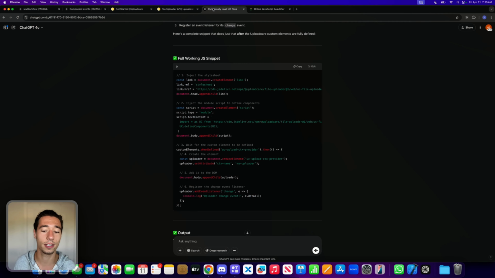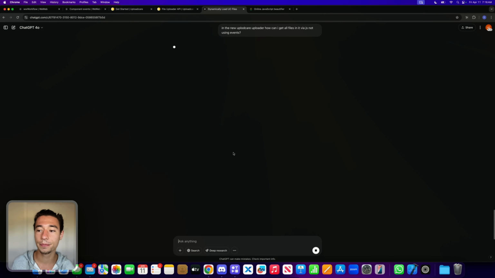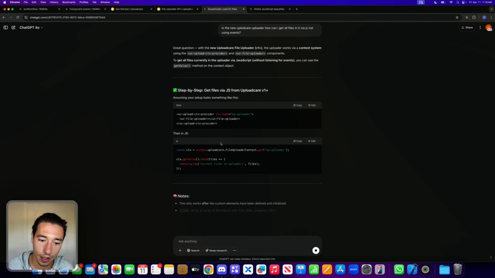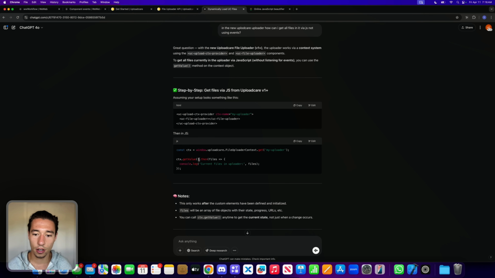This is probably now a good time to ask ChatGPT. In the new UploadCare uploader, how can I get all files in it via JS, not using events? Let's see. Great question. With the new uploader v1 plus, you can get ctx get value, assuming your setup looks like this. Window dot